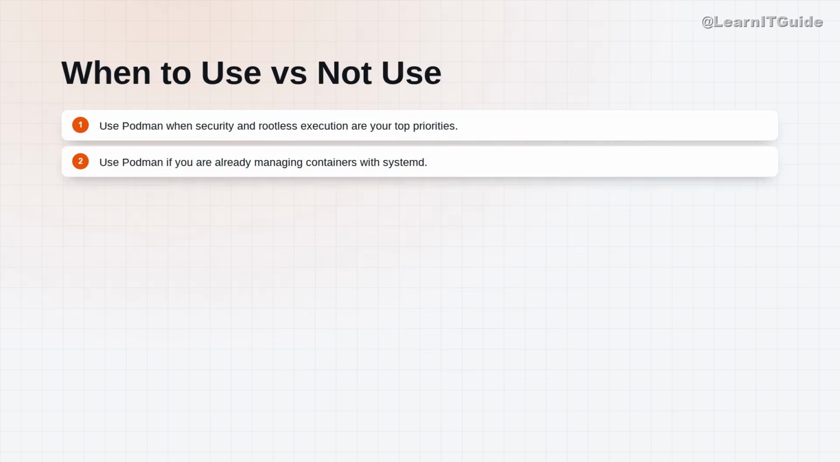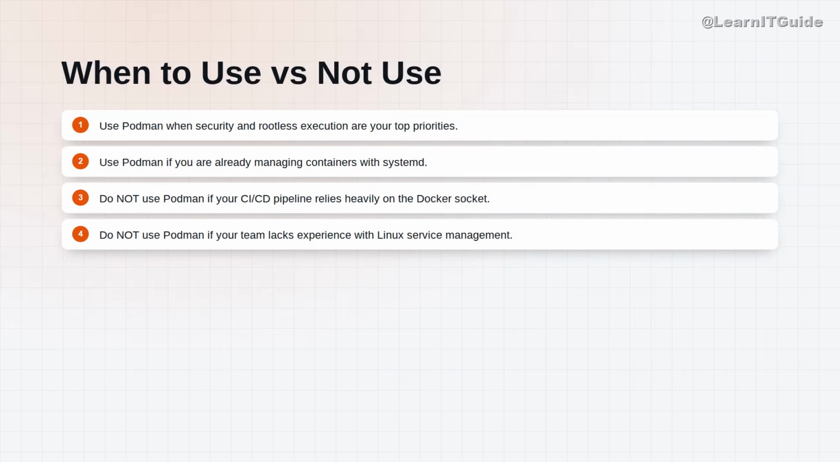So when should you choose one over the other? Use Podman when security and rootless execution are your top priorities. It is also the better choice if you are already managing infrastructure with systemd. However, do not use Podman if your CI or CD pipeline relies heavily on the Docker socket, as many older tools are hard-coded to look for that specific file. Also, avoid it if your team lacks experience with Linux service management, as the transition can be steeper than a